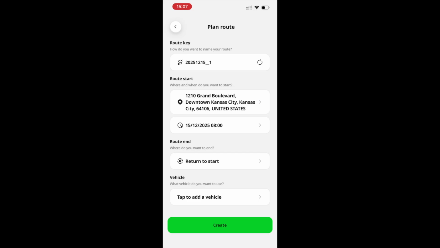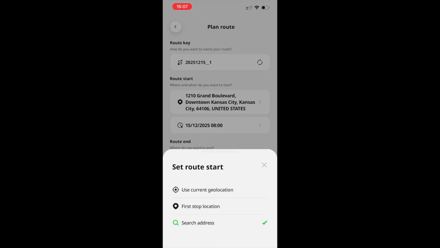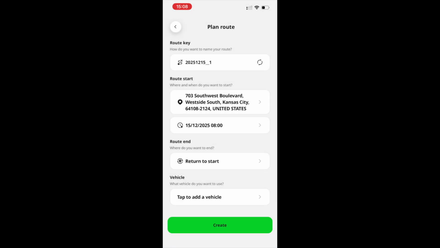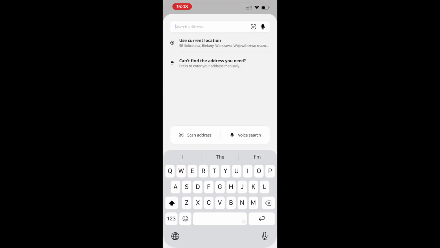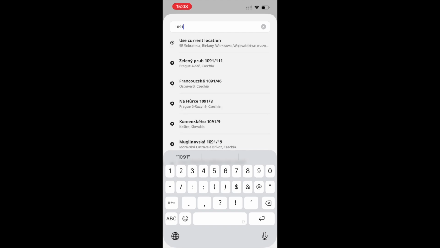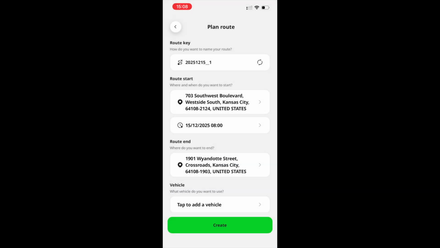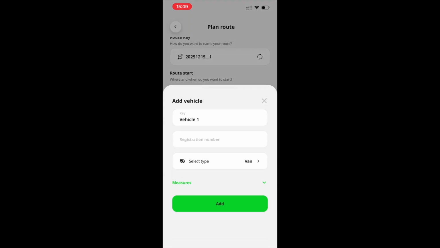Here, you can define the route key, route name, which is generated by default based on the current date, time, and trip number. The route start is set to your current location by default. The route end is set to return to start by default. You can tap the route start or end fields to choose a different location using voice search, address scanning, or manual address search. By tapping the vehicle field, you can select a vehicle from the existing ones in your environment,